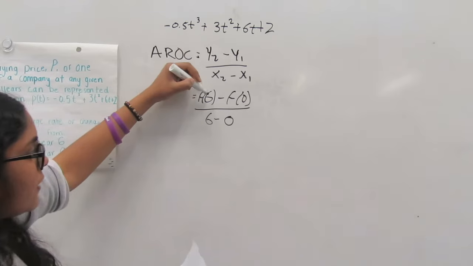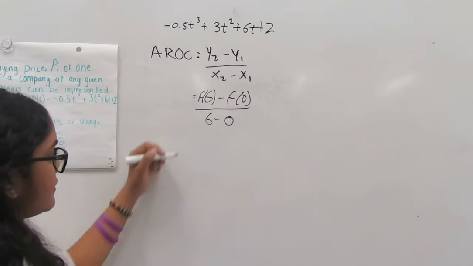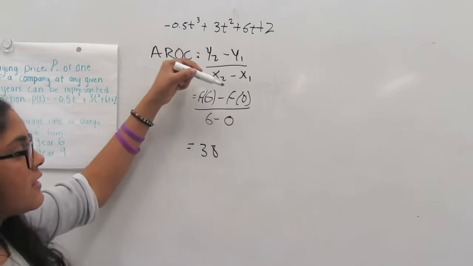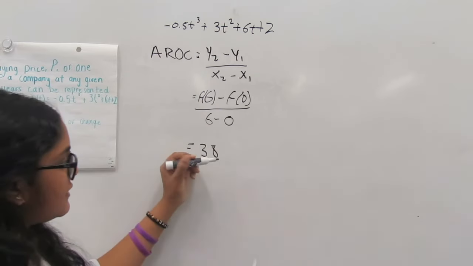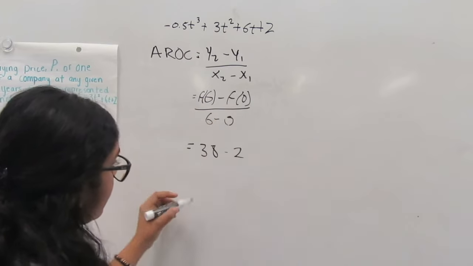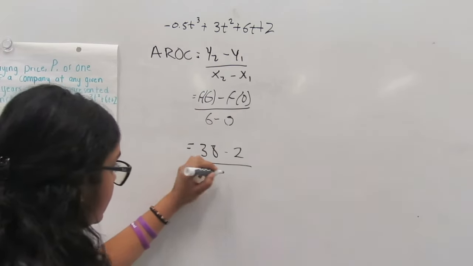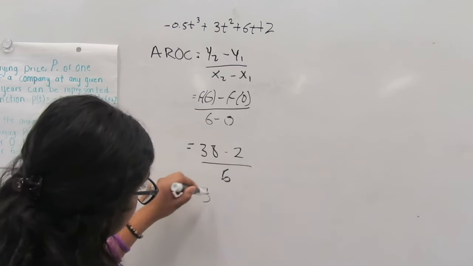And figure out what your value is for f of 6. In the end, you would get 38. The same thing you do with f of 0 to get your y1 value. And in the end, you would get 2. This is all over 6 minus 0, which is just 6. So you would have 36